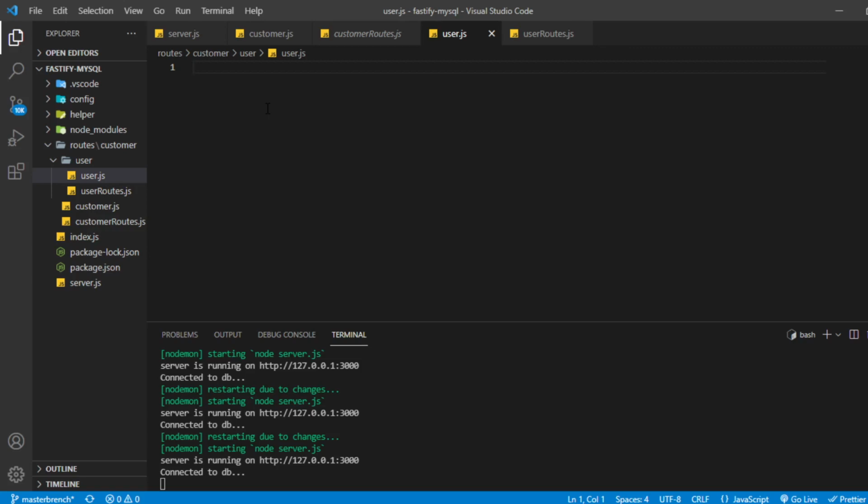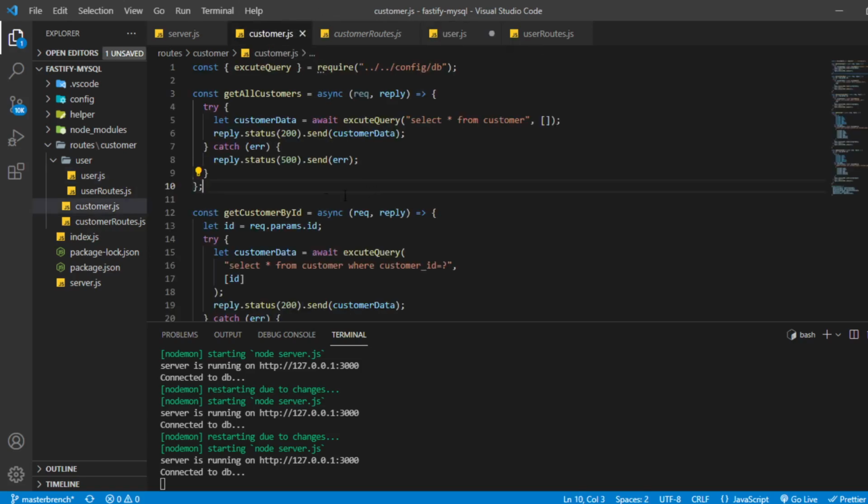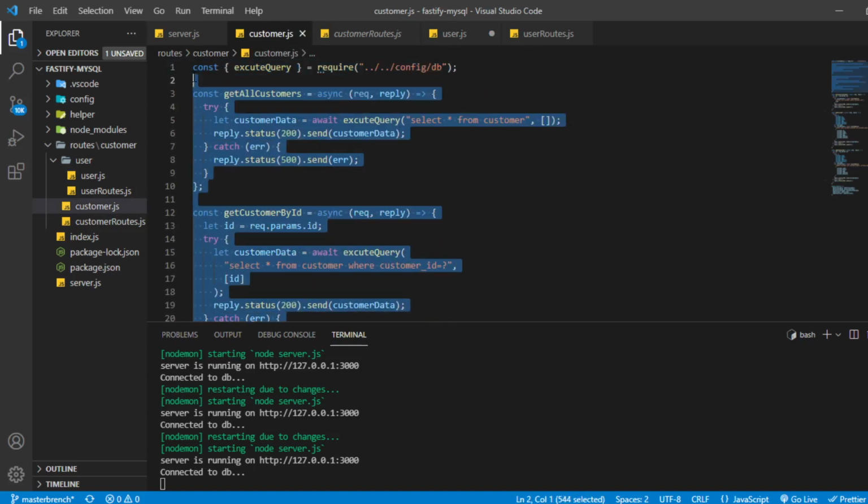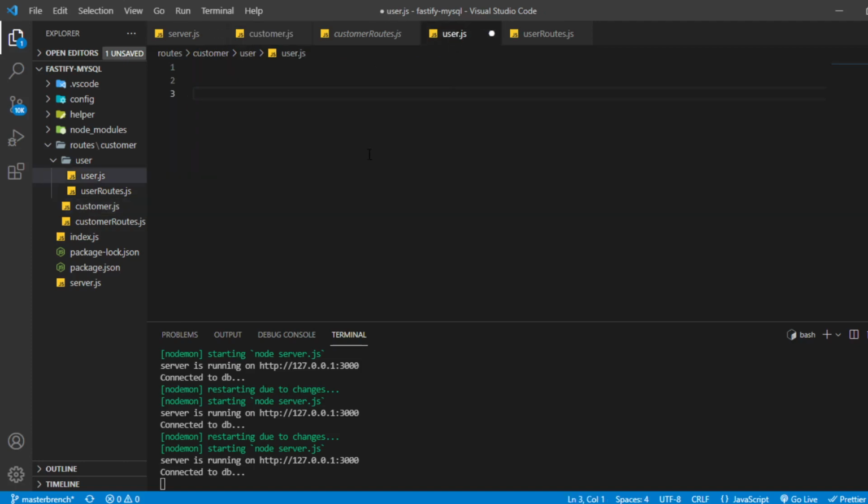I will not get the data from the DB, so I'll just make simple endpoints. To save time, I'll just come here and copy these two endpoints from here, and let me just paste them here.